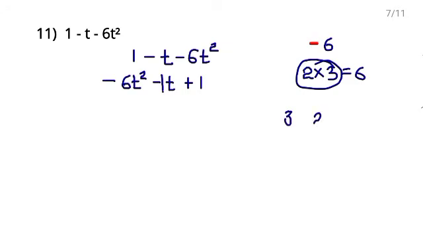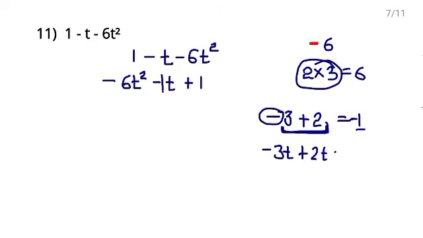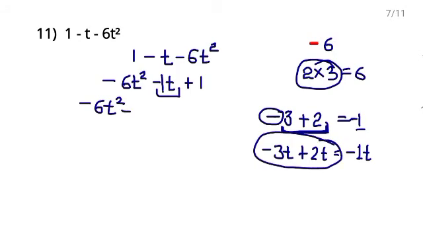3 minus 2 is 1, but we need -1, right? So जो ग्रेटर न्यूमरल है उसका साइन क्या हो जाएगा माइनस, एंड दिस विल बी ऑफ प्लस एंड दिस विल बी ऑफ माइनस। अब अगर आप चेक करेंगे साइन आर डिफरेंट ना, सो वी विल सब्ट्रैक्ट देम, so 3 minus 2 is 1, and the sign will be of the greater numeral which is minus, so we will use minus 3t plus 2t is equal to minus 1t, right? So right here minus 6t square, instead of minus 1t you can write this, so right here minus 3t plus 2t